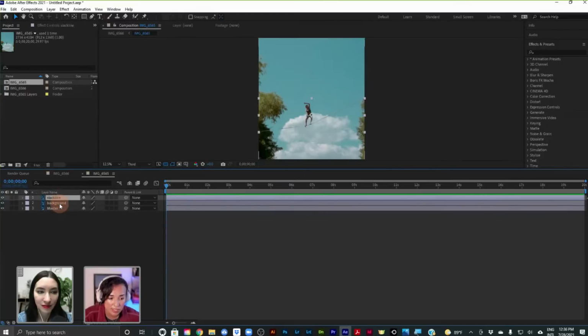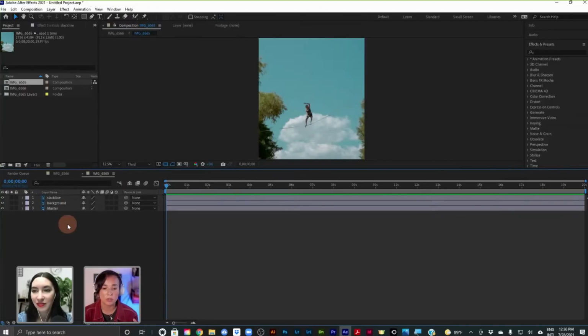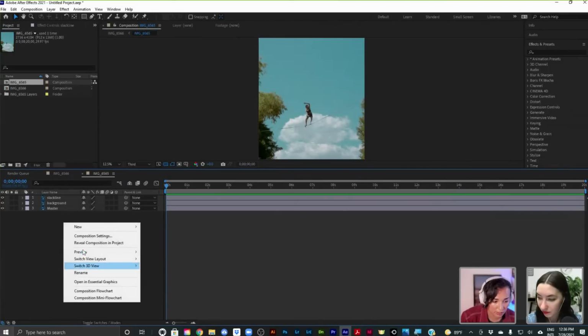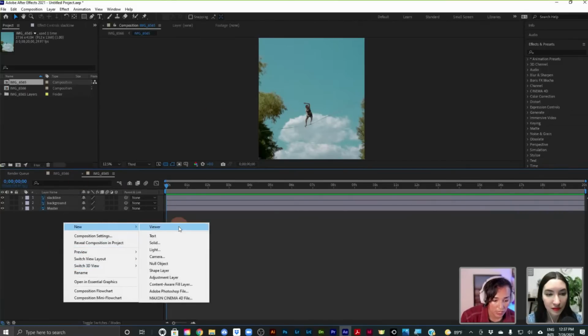What we have here, we have our slackline and we have our background. Okay, so what we're gonna do first is create a camera. This is what's gonna allow us to play with how the view shifts over. We talk a lot about X and Y axis, but with the camera, we're going to be able to manipulate the Z axis, which is inward, forwards, and backwards. That's super important in creating this feeling of this scene looking more 3D as opposed to flat. So I'm going to right click here and go to new,